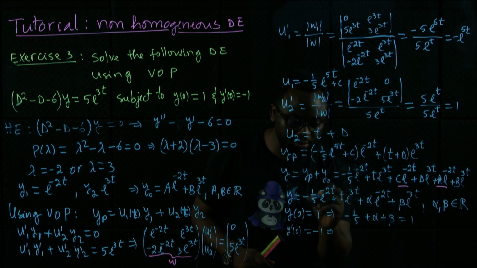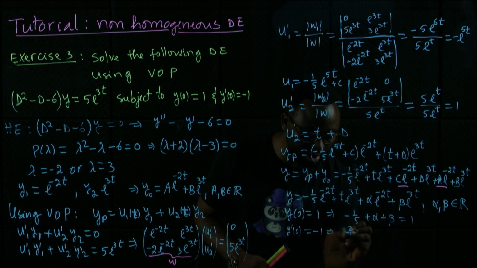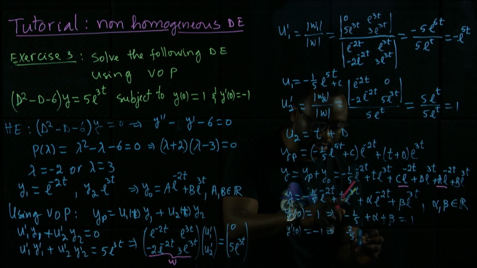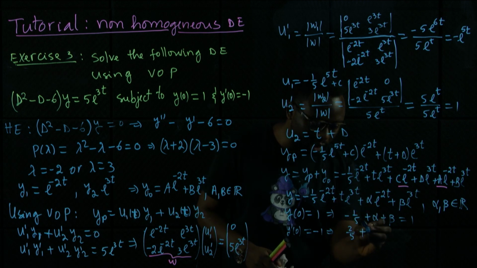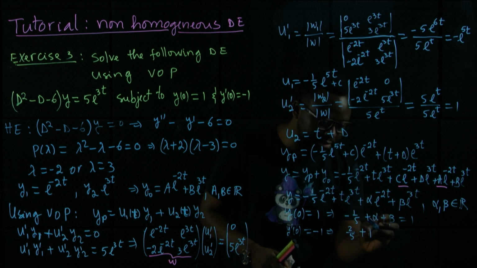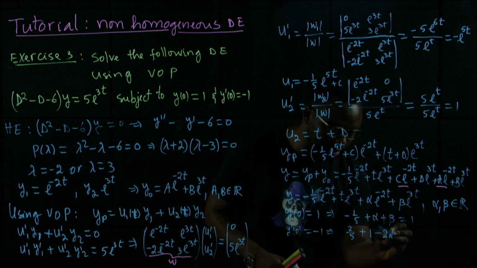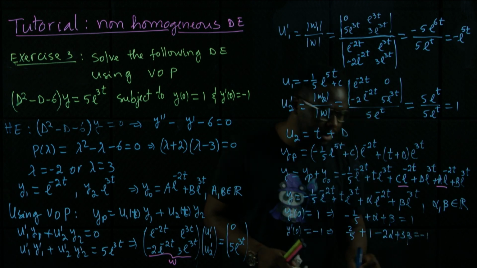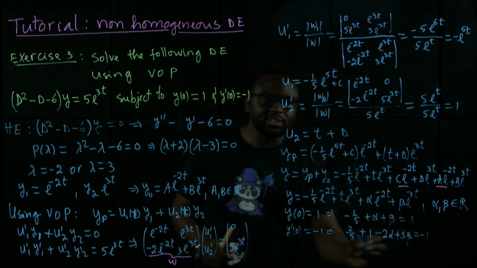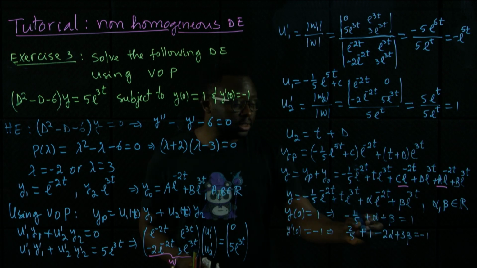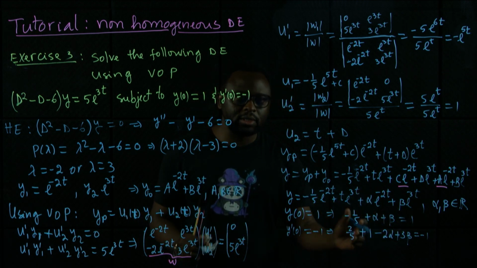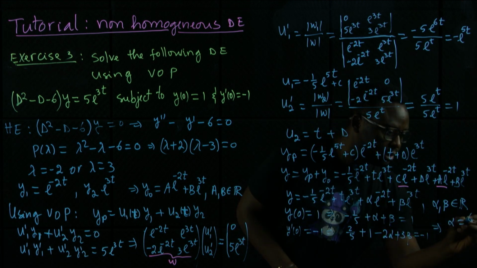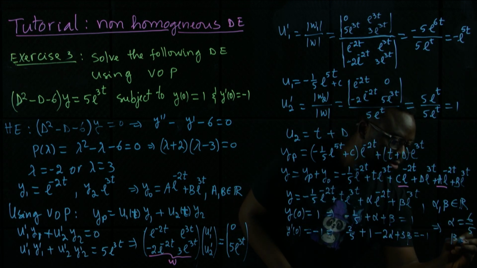This means if you take the first derivative of this term, it is 2 over 5, and we apply 0, it becomes 2 over 5. And the first derivative here gives 1. The derivative of the last term gives 0. And here we have minus 2 alpha plus 3 beta is equal to minus 1. Okay, everyone can solve this algebraic system of equations. This is a straightforward system of two equations with two unknowns. So this gives alpha equal to 6 over 5 and beta equal to 0. Okay,